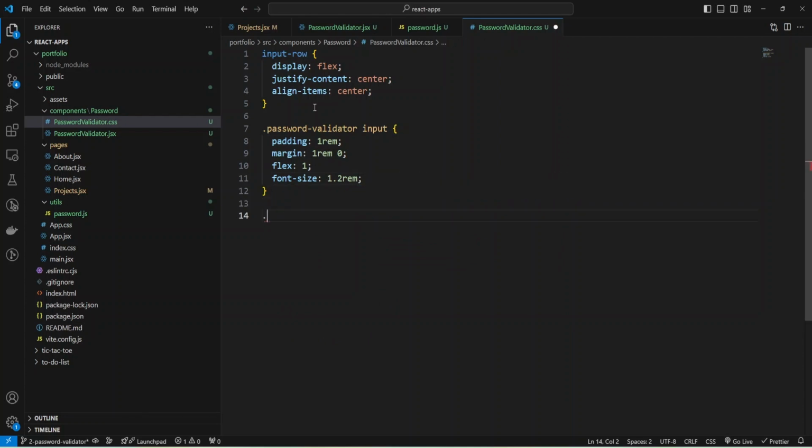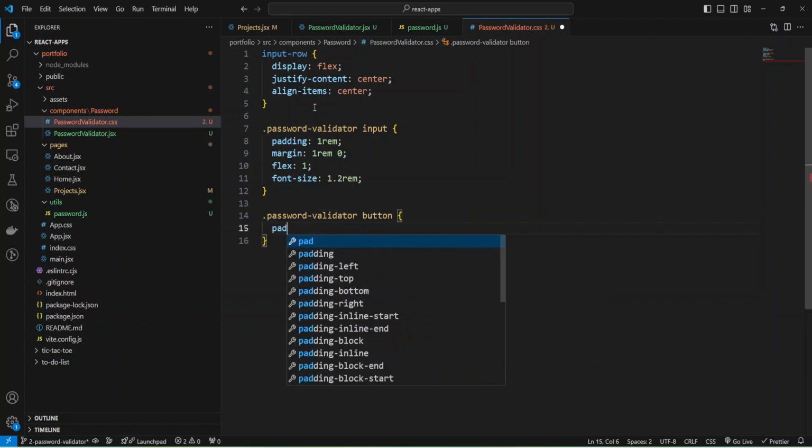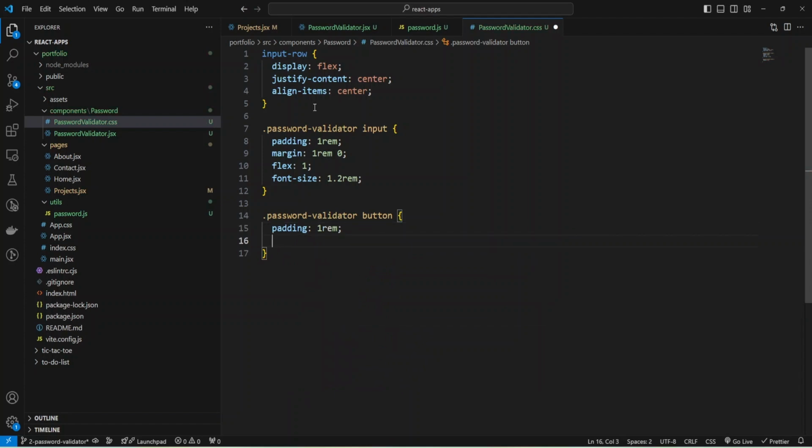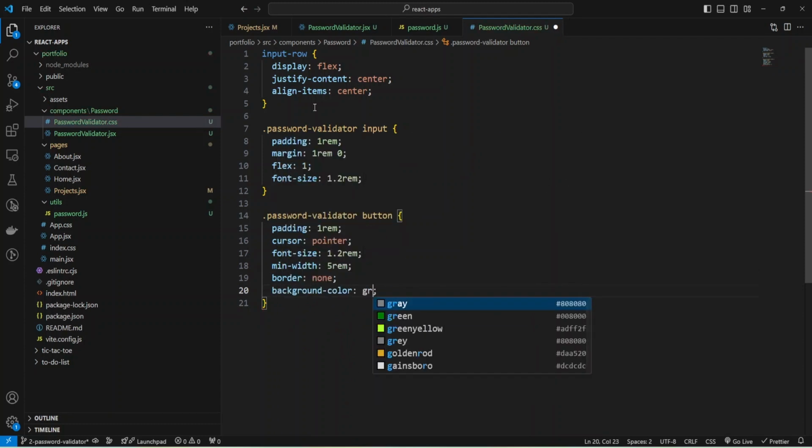Okay, and now I can use my password validator to provide styles to button. The padding will be also 1 rem for all sides, and cursor will be pointer, and also we can increase font size to 1.2 rem, and add minimum width for like 5 rem to not change our width of the button when we are changing the text from show to hide, and border will be none, and make background color green.